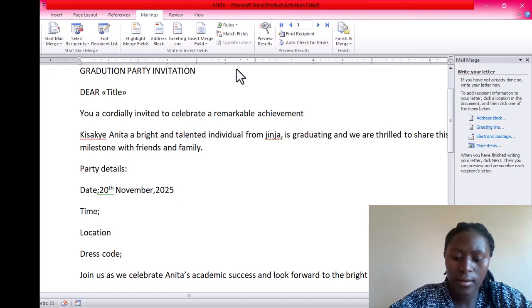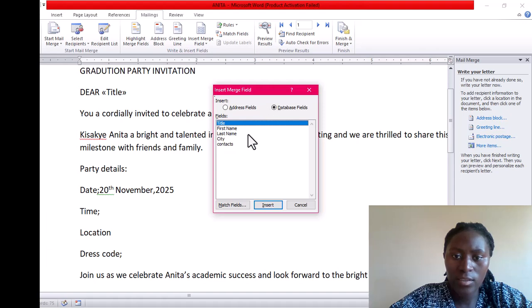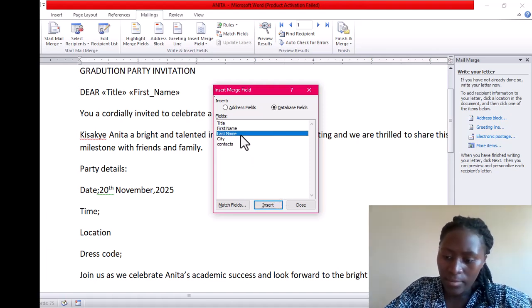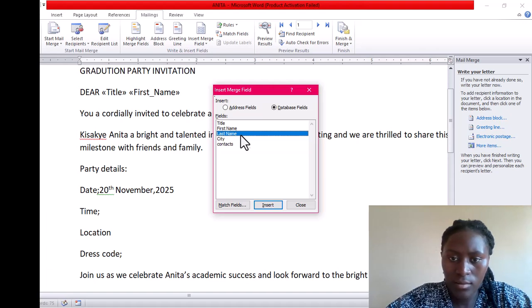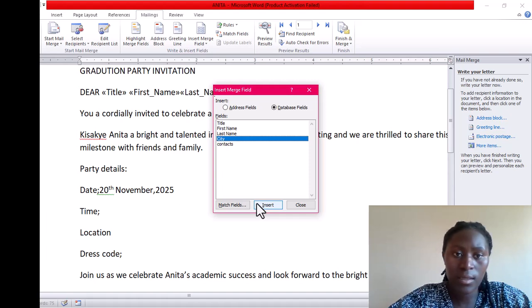I come backspace, insert, and then I want to insert the first name, then I'll add the last name, and so I will also insert it, then the city, and I'll do the same. I will insert the city,